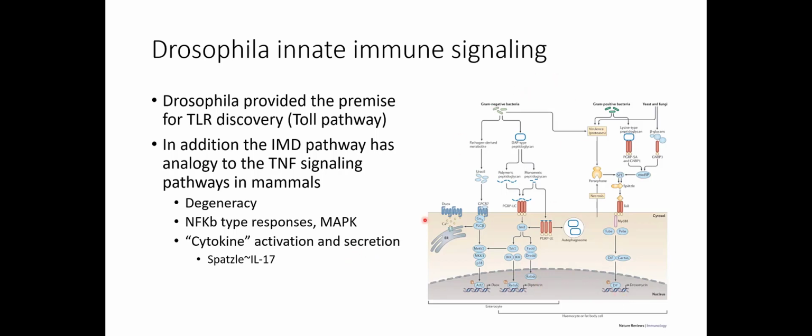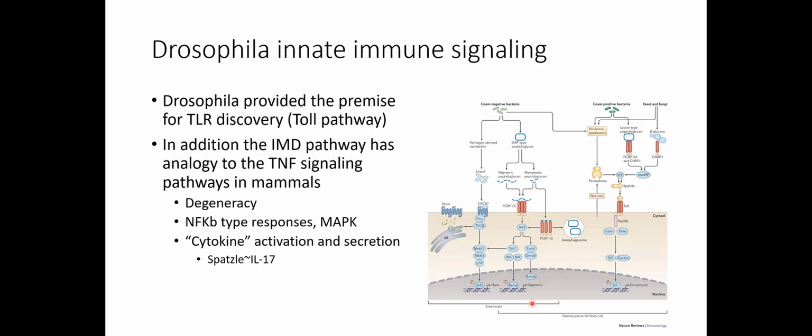And then it has the IMD pathway, which is the immune deficiency pathway. Everything in Drosophila is named functionally and weird. And this is basically the TNF signaling pathway in mammalian systems. And again, turns on NF-kappa B type responses. And so, if you're looking at doing really precise perturbation-based hardcore modeling, Drosophila is a really great system to potentially consider doing it in because it's so tractable. And you'll have a lot of the same players, but they're not really put together in the same way. And the analogies are